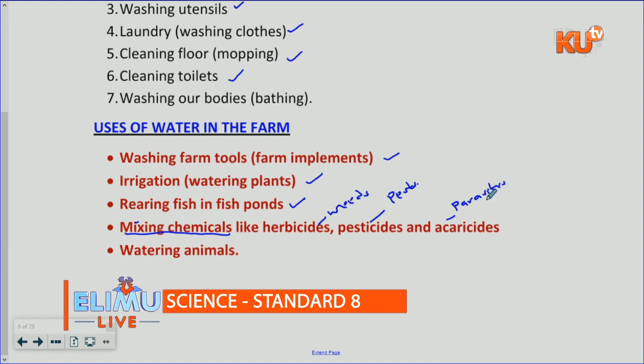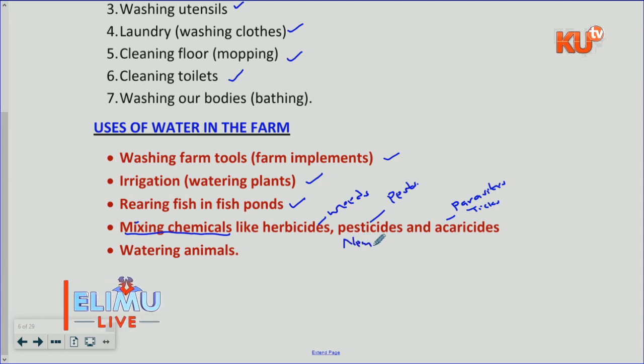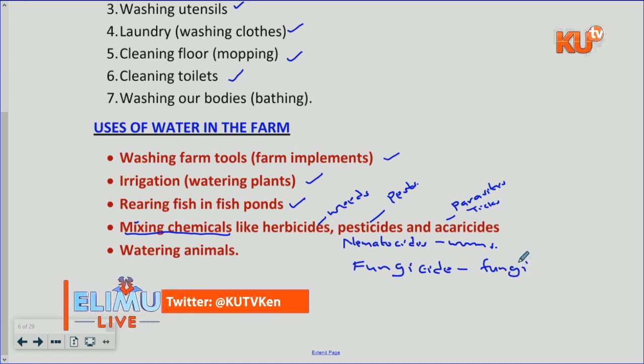Talking about parasites, we have external parasites like ticks. We have another chemical known as nematicide. Nematicide is a chemical that is used to kill worms. We have fungicide. This one is used to kill fungi. Fungicide is used to control what we call fungi. We have many chemicals. Bactericide is used to control what? Bacteria. But mostly we are looking at the ones that we can mix, because pests are found on the crops. Acaricides are used on animals. Herbicides are found